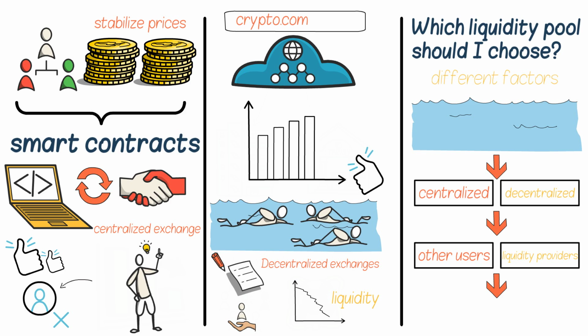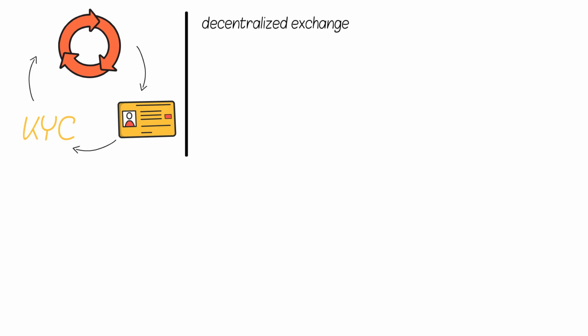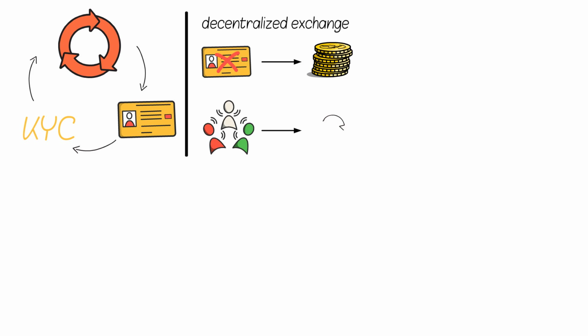And third, you need to decide if you want to trade with fiat currency or with cryptocurrency. If you want to use a centralized exchange, you will need to provide an ID and you may be subject to KYC, Know Your Customer rules. If you want to use a decentralized exchange, you will not need to provide an ID, but you may have to pay higher fees. If you want to trade with other users, you will need to find an exchange that supports this.